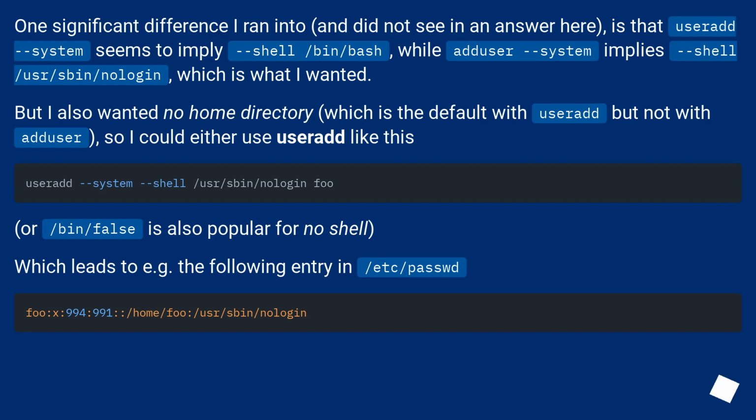One significant difference I ran into, and did not see in an answer here, is that useradd --system seems to imply shell /bin/bash, while adduser --system implies shell /usr/sbin/nologin, which is what I wanted. But I also wanted no home directory, which is the default with useradd but not with adduser, so I could